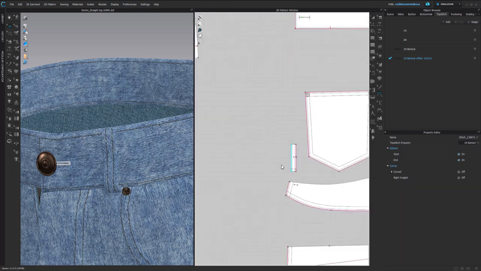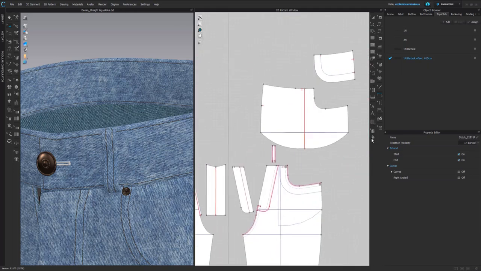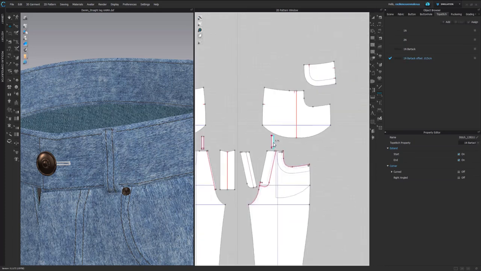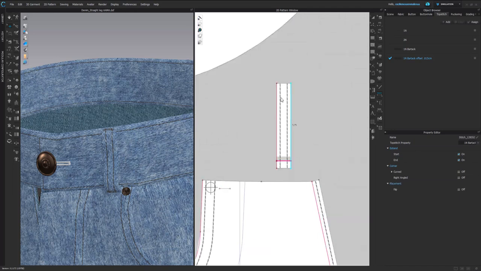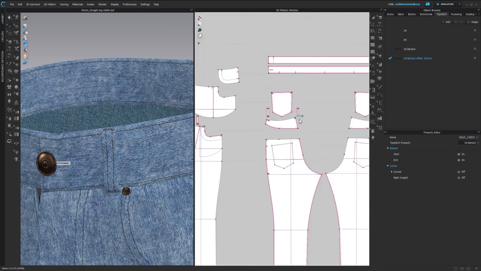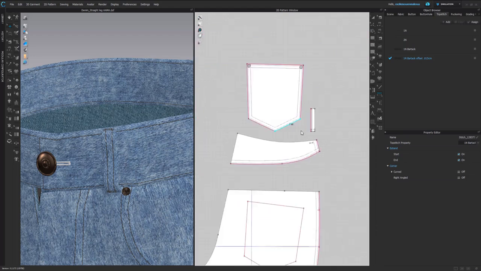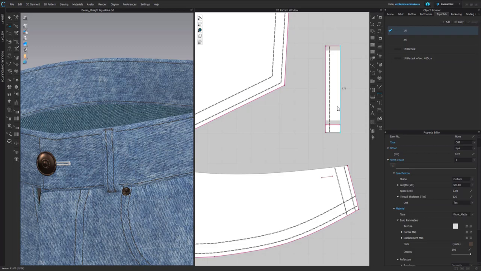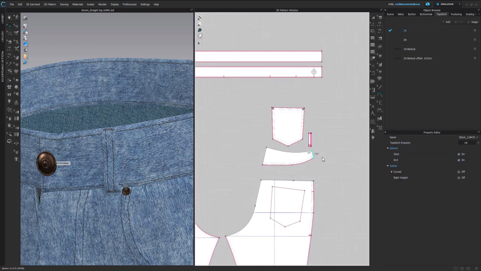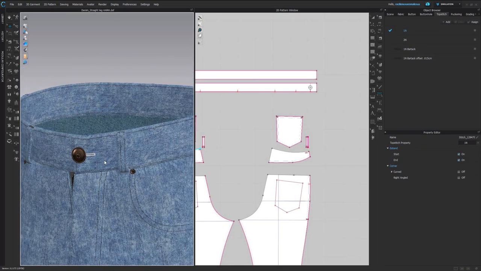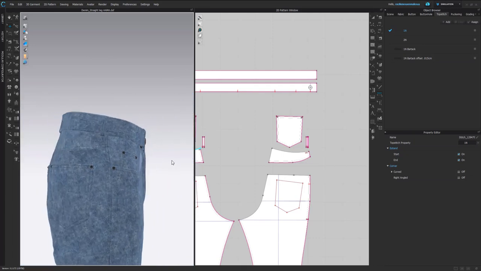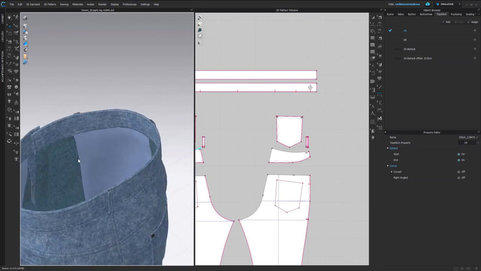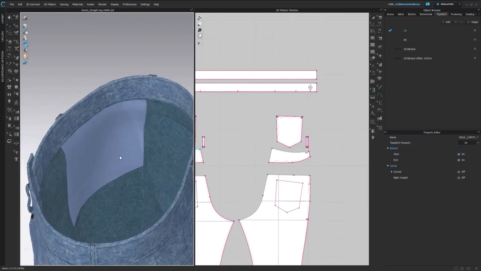So I added all of the bar tacks here, and then here, oops, not here, here and then here, here and then here, here and then here, and I just forgot this one here, like that. Yeah, so now we have added all our bar tack, and it seems that we have also added all of our top stitch. Oh, maybe we can also add, if you really want to be working in the detail,